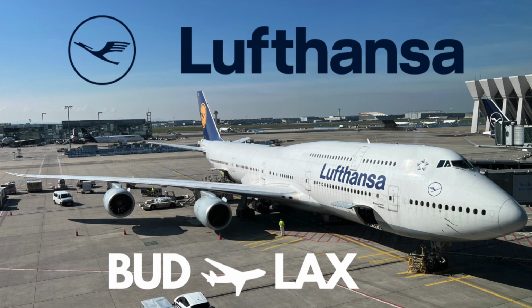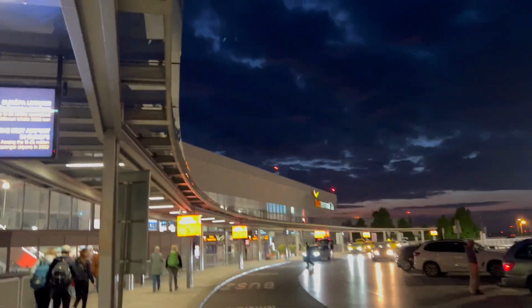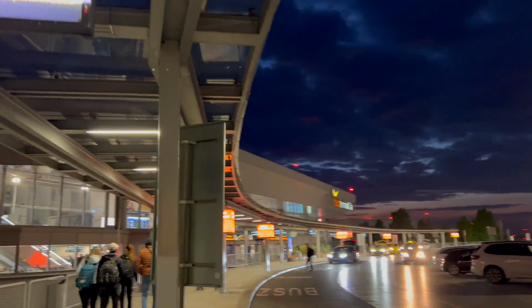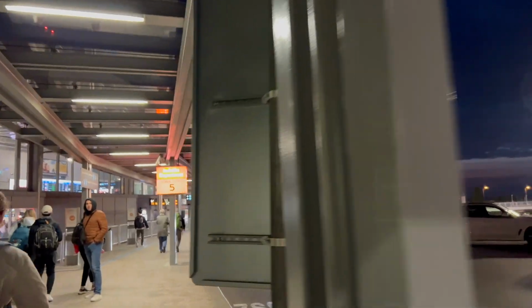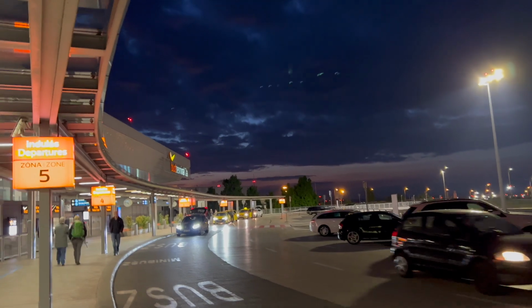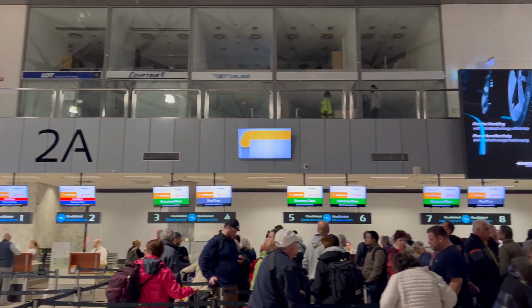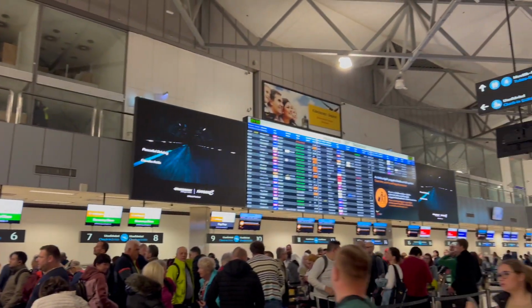Today we are flying from Budapest back to Los Angeles on Lufthansa Economy via Frankfurt. We start out our journey here at the Budapest airport at roughly 4:30 in the morning. We took a bus, which was quite convenient from the city center, and eventually once we were inside the terminal, as you can see here now, it was crazy full with lots of people for the early morning bank flights